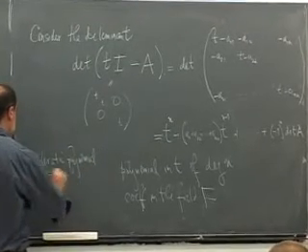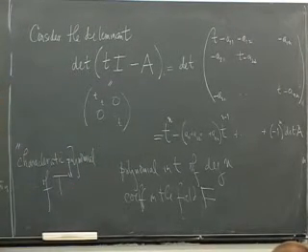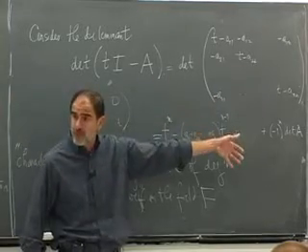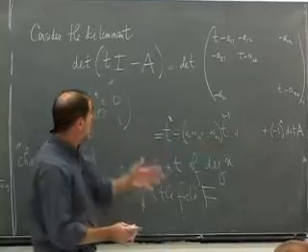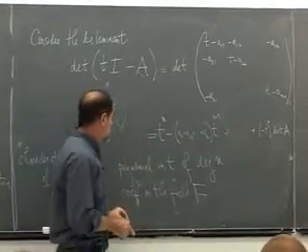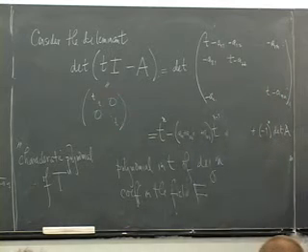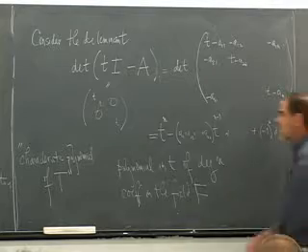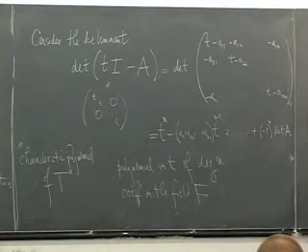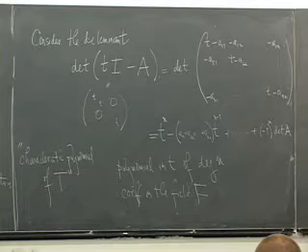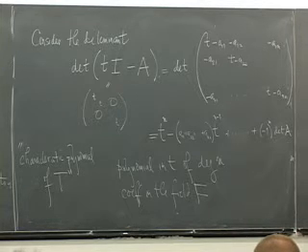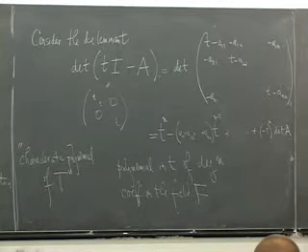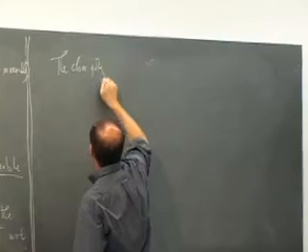Now you may say to me, is the characteristic polynomial well defined? Because to tell me how to calculate it, you chose a basis for V, wrote the matrix of T with respect to the basis, and took some determinant. And I have to check that that's independent of the choice of basis that I choose for T. So I'm going to next observe that this depends only on T, even though we needed to choose a matrix to calculate it. The characteristic polynomial, which we'll call f of t,